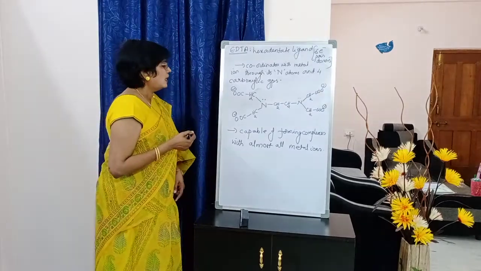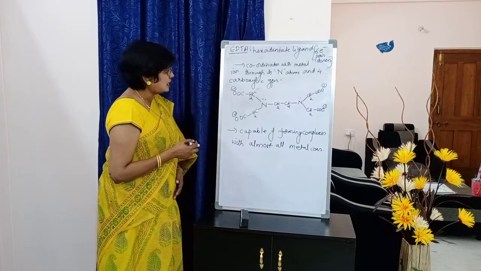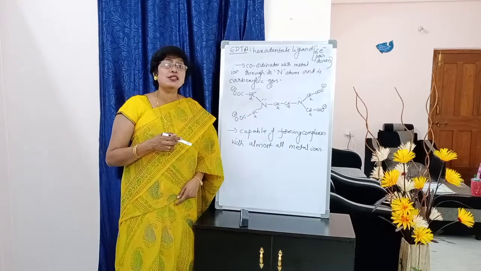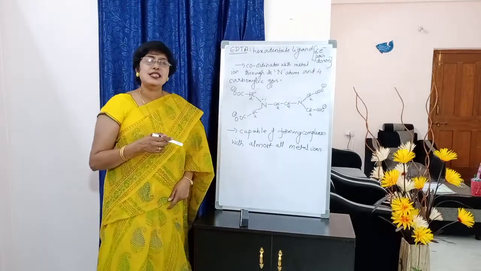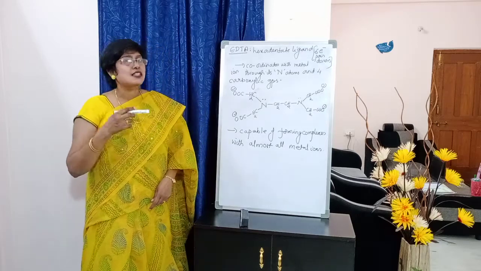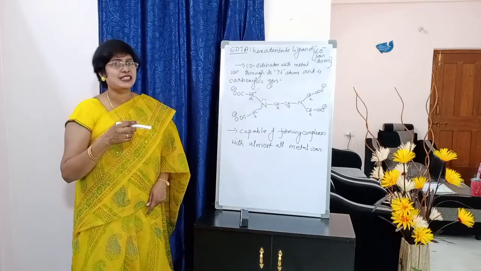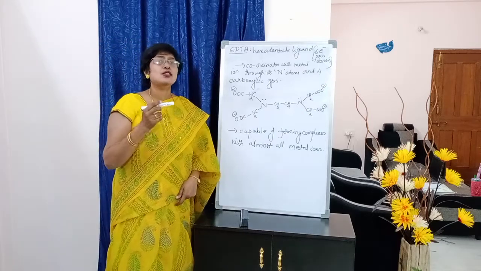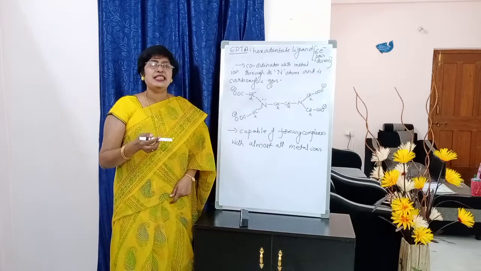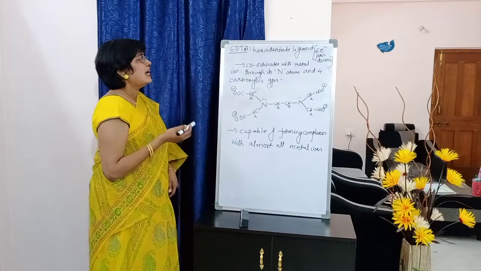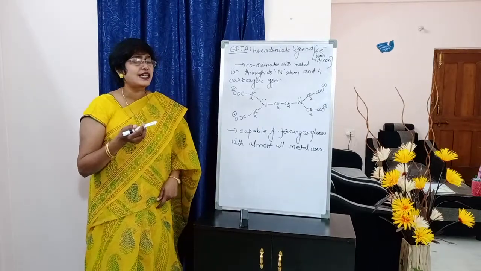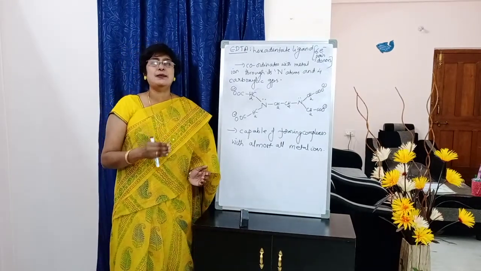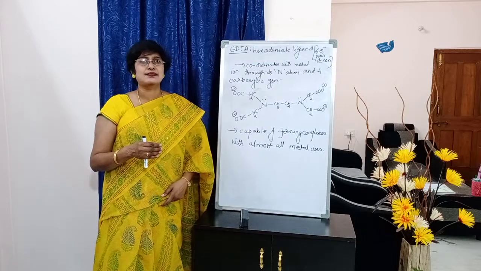Okay. And also, students, you can write one more point about this. It's capable of forming complexes with almost all the metal ions. These are some of the characteristic features of EDTA, not all, which are useful for your experimental purpose and also your Viva purpose. Most commonly they will ask you the full form of EDTA, the structure of EDTA, and that it has 6 electron pair donors. What are they? 2 nitrogen atoms and 4 carboxylate groups. So this is some information about the EBT indicator and EDTA, students.